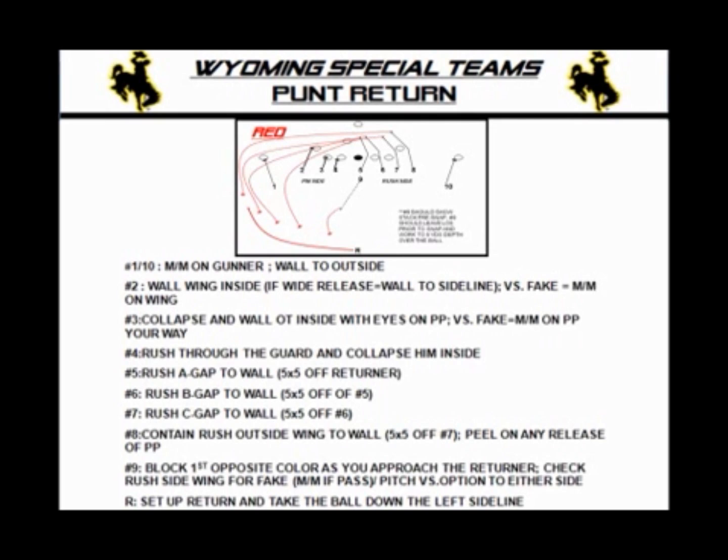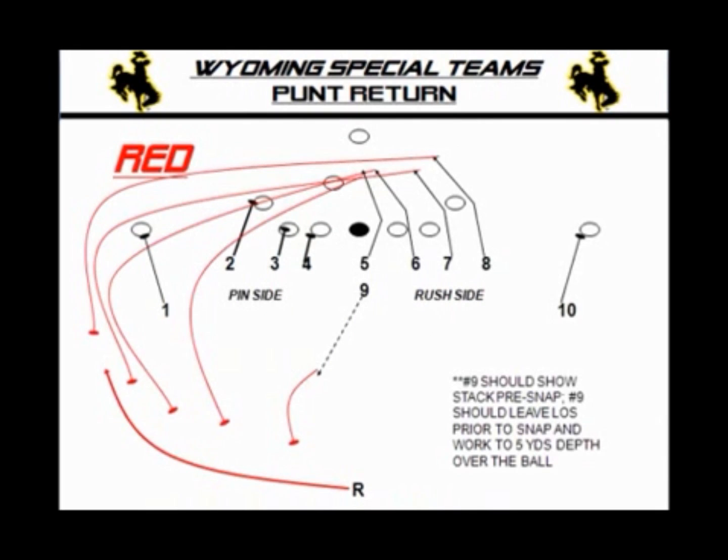for the number 5, so that we have a little bit of consistency in terms of how we get to the wall. We tell number 5, and we don't mention this as 6, 7, 8, but 5 is a little bit different. We say 5, if you get knocked off course, so unless you get a clean release in that A gap, okay. I'll show you the big picture. 5, if I don't get a clean release, so I get knocked off either by a guard crashing down, or